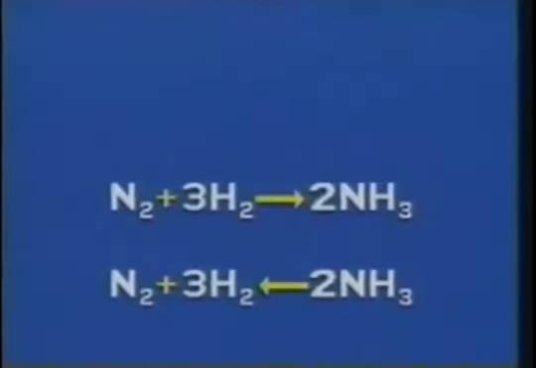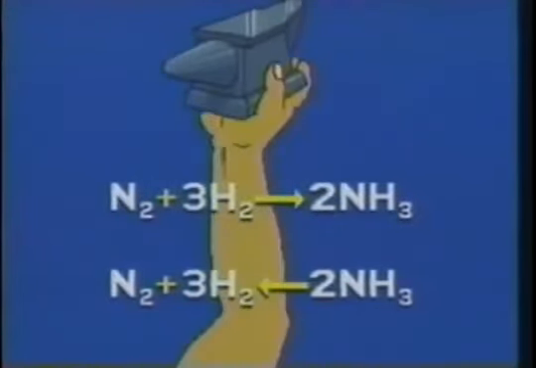Now, in the same experiment, we will hold the temperature constant and see if we can predict the effects of another form of stress, pressure. Before doing so, we should look at the implications of the equation once more. 1 mole of nitrogen and 3 moles of hydrogen produce 2 moles of gaseous ammonia. Theoretically, if the reaction could go to completion without changing temperature or volume,